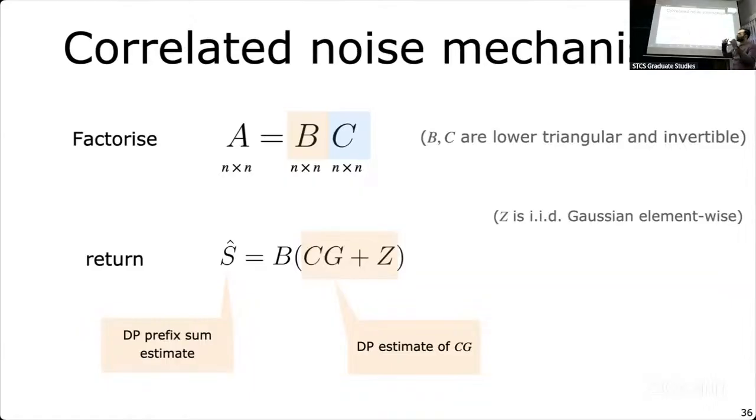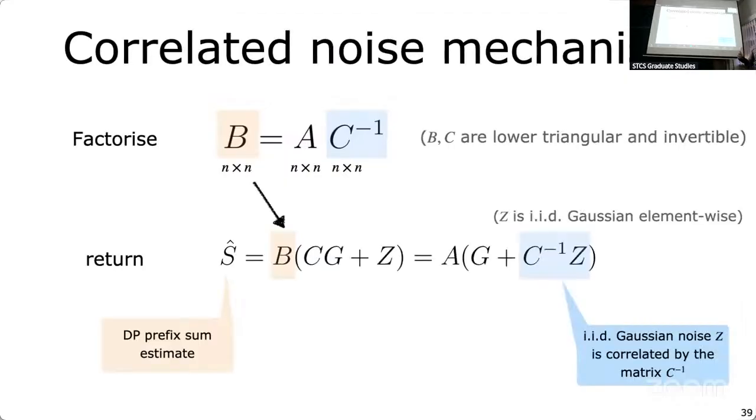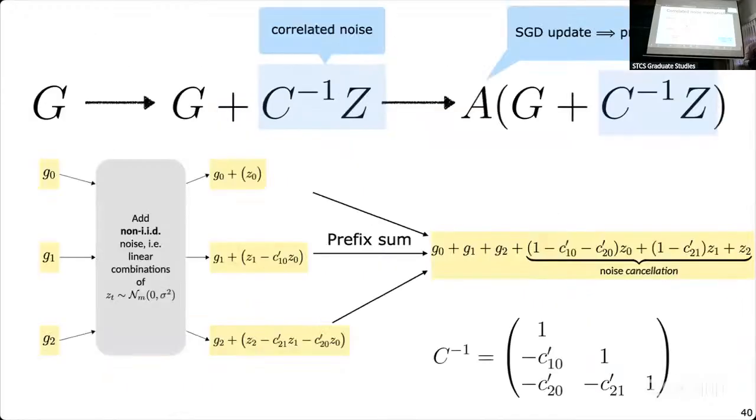It's just that the correlations introduced in the noise are a little different because of where the noise is being injected. To see that a little more clearly, let's substitute B as A C inverse back into that expression that we wrote earlier. By rewriting this expression a little bit, what we see is that A is the SGD update. So the noise that's being added to the gradients would be the rows of this C inverse Z matrix, where Z is IID Gaussian. So C inverse Z is now correlated by this matrix C inverse. That's where the correlation is happening, and here's a picture to depict that.